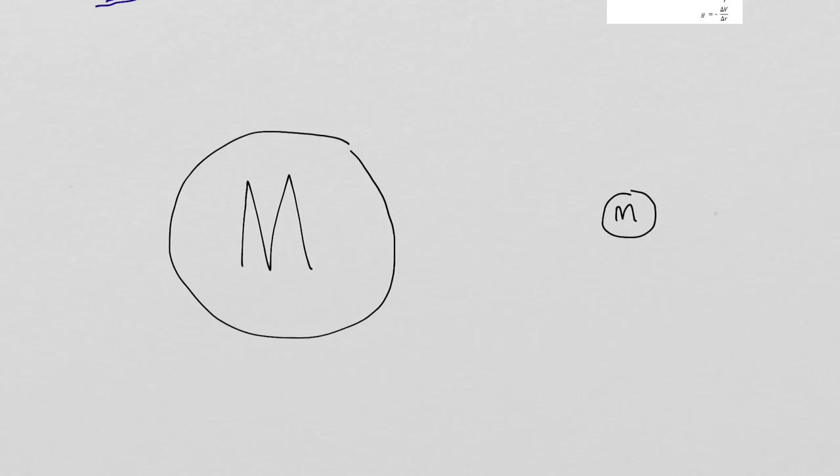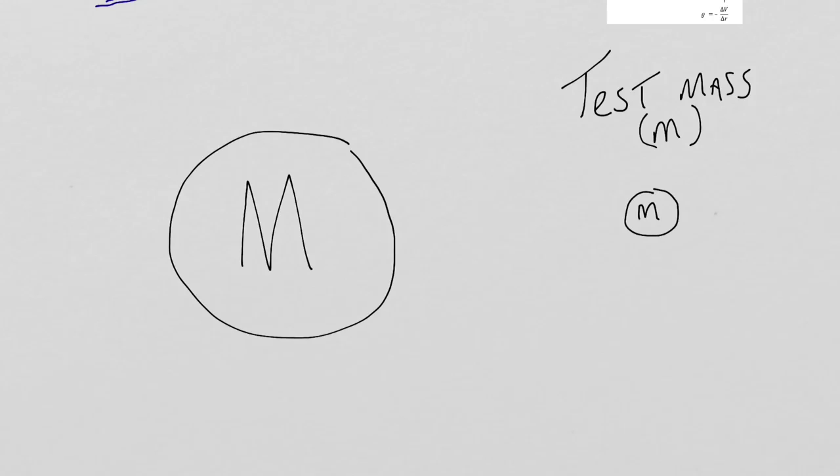So what we tend to think about when we think about gravitational fields in A-level physics is field lines. The simple way to decide a field line would be to think about what direction a test mass would move in. So we can take this little mass as our test mass, and what we mean by test mass is a mass that is very, very small compared to the large mass.